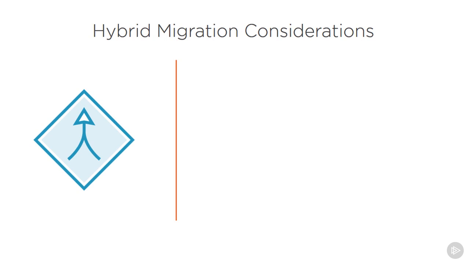With hybrid being the big buzzword lately, there's obviously an option for a hybrid migration, and we have some considerations that we need to think through before we decide how we're going to approach this hybrid migration. And one of the big things is what flavor of Exchange on premises are you running? Because it'll support 2007 or higher, but depending on what flavor you have on-prem will determine the steps necessary to